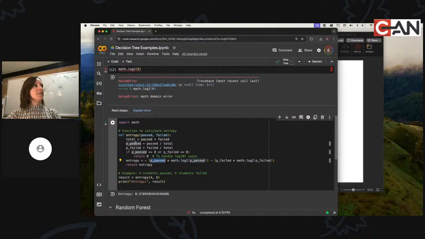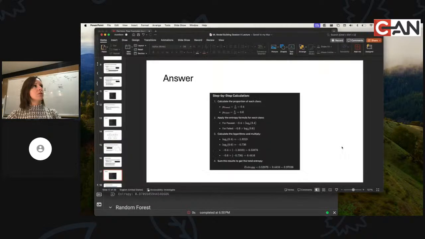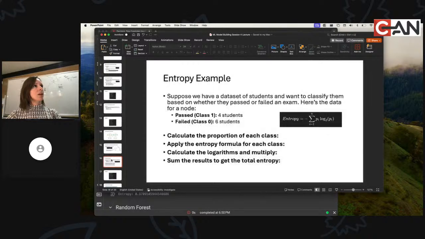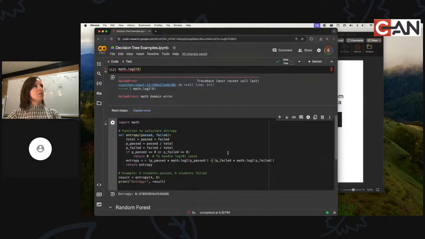So we have P passed here that we calculated as passed over total. You just take that times log base 2 of this, and you do the same thing with the failed. Failed probability times math log base 2 of the failed. And then don't forget your negative sign out here. We add these two things together,